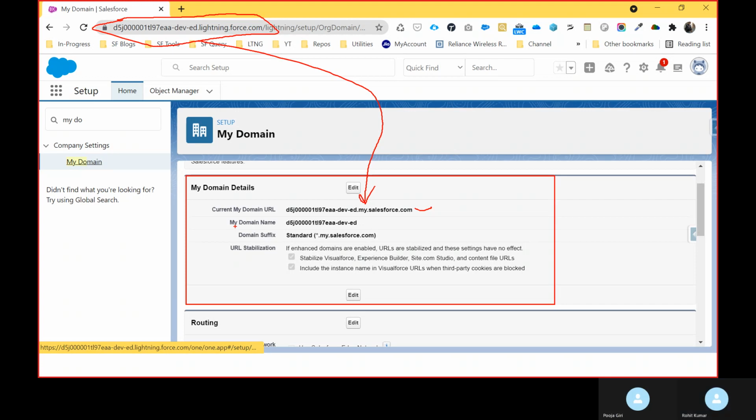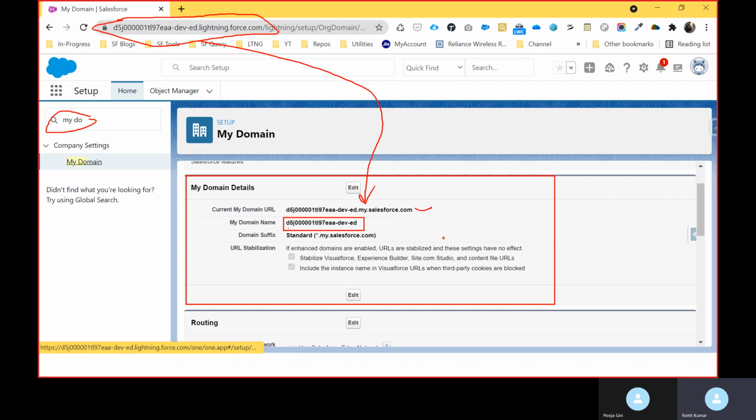If anyone asks what your domain name is, you can go directly to Quick Find, search for My Domain, and give this answer in front of your manager, your senior developer or your colleagues. So this is your domain name.